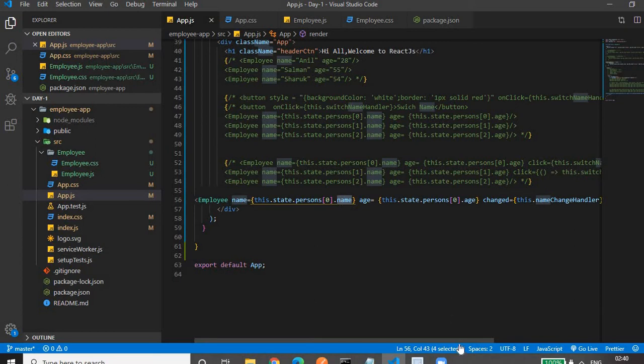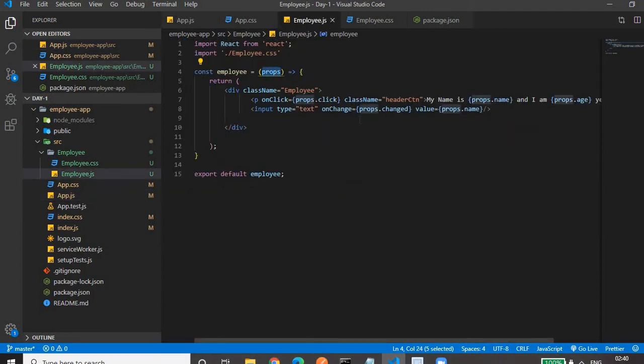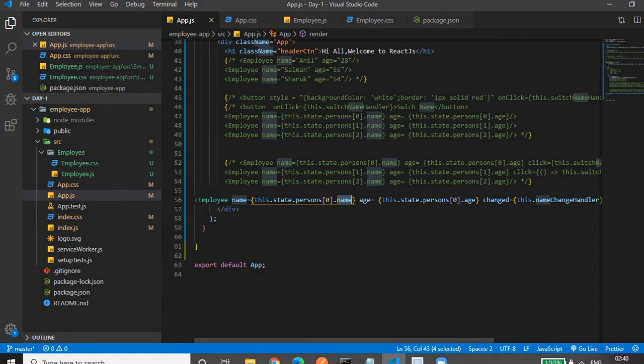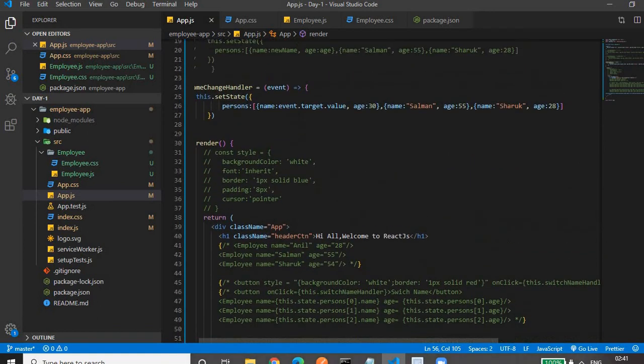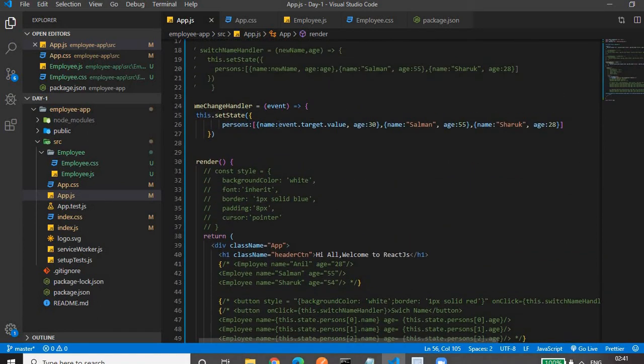Then on change, if you type anything, this change function will be called, which triggers the name change handler. In the name change handler, we are retrieving whatever the user has input and we are modifying the employee name on the basis of that.